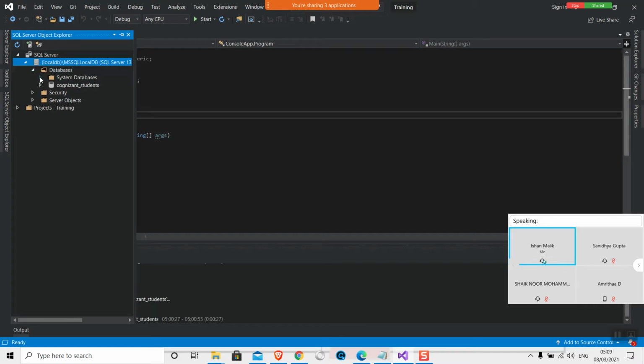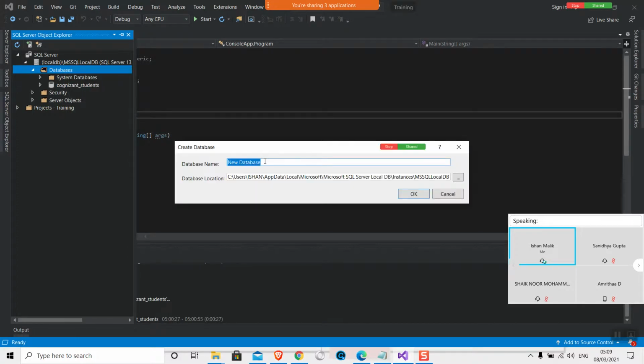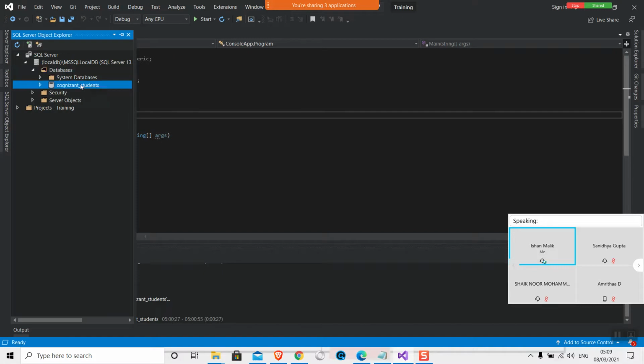Open the databases. Don't open the system databases. Here you create a new database. Right click on databases, click on new database, and set any name you like. Then click OK. I had created Cognizant underscore students as a database.